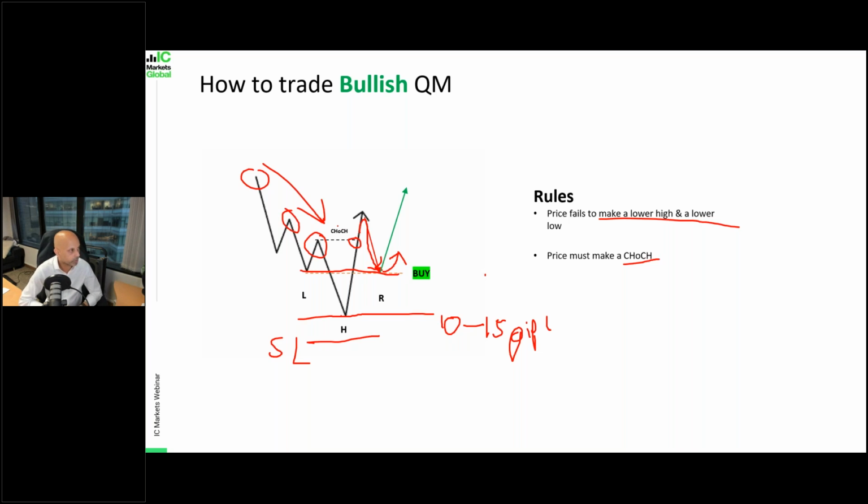Okay. There's a question here. Must it pull back to the left shoulder, or may it pull back to the change of character line? Okay, Desiree, I see what you mean. Yes, for this chart pattern, in the example of a bullish QM pattern, price has to go above the change of character segment and then return down to the neckline, right? Price has to return down to the neckline and then bounce off.